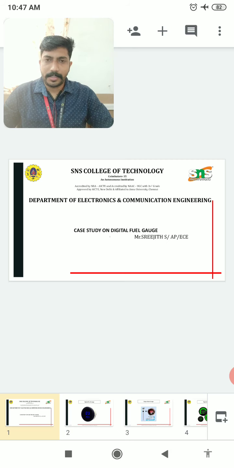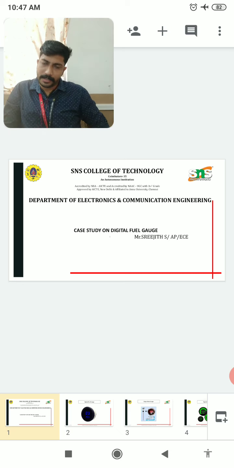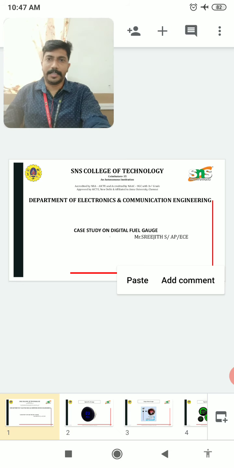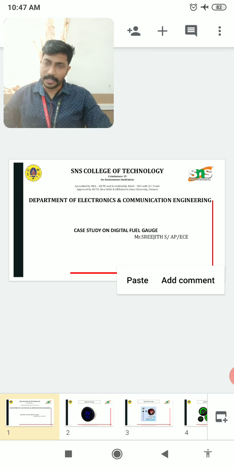We will see what a normal fuel gauge is. In automotive or aerospace engineering, a fuel gauge is an instrument that is used to indicate the amount of fuel in a fuel tank. It consists of mainly two units. As used in vehicles, the gauge consists of two parts. The first one is the sending unit, that is the tank, and the second one is the indicator, that is the dashboard.